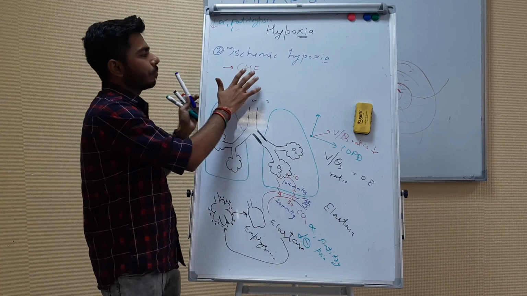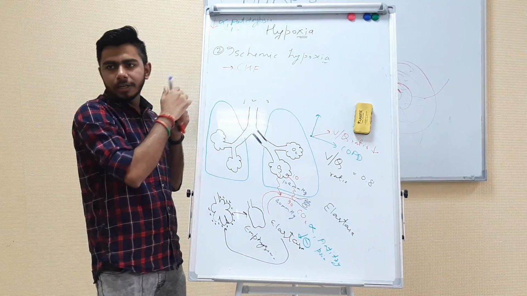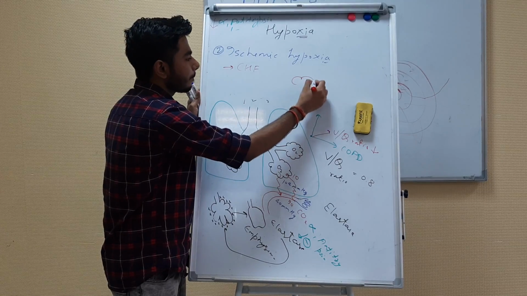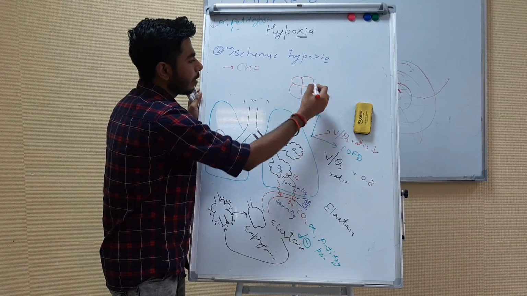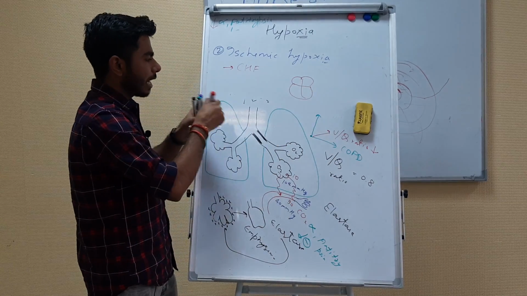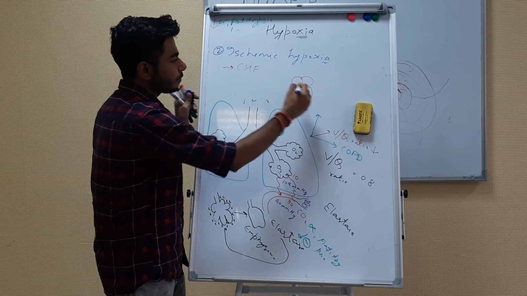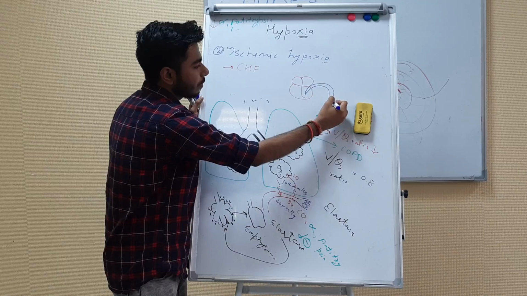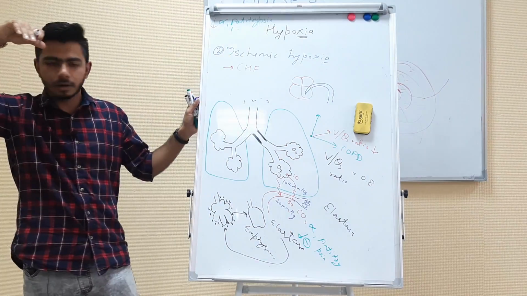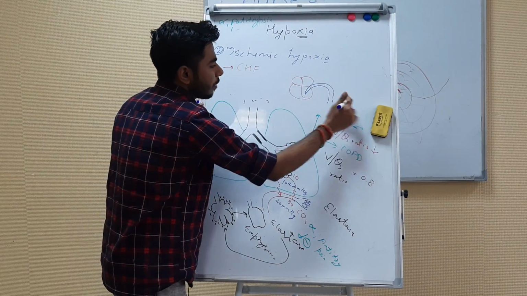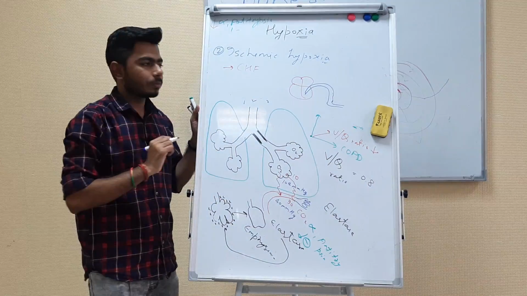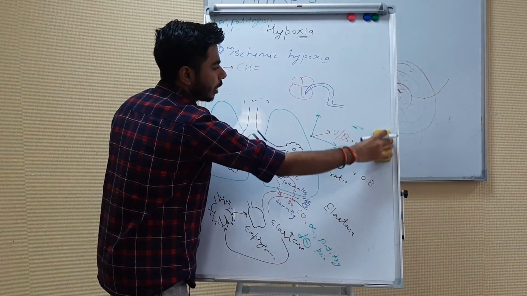Now, if the condition is congestive heart failure, let's say this over here is the heart. From the left ventricle, the aorta comes out. Let's say this is the aorta over here, and it gives branches into the thoracic aorta and then the abdominal aorta, and it is giving some branches over here. Then you will be having the